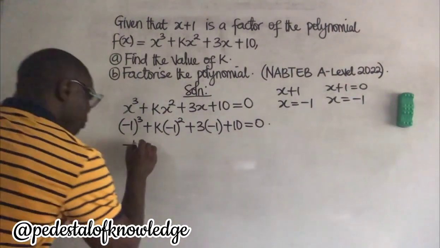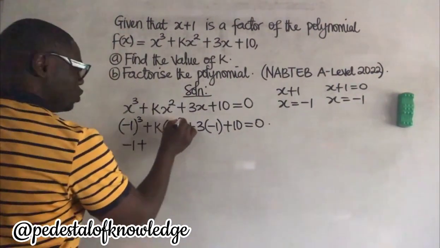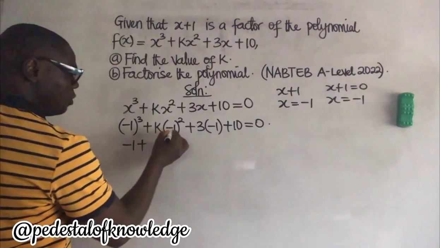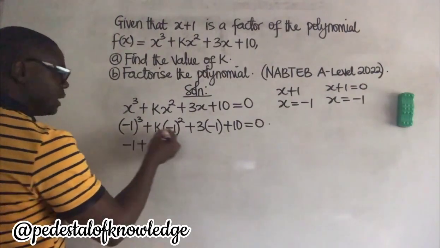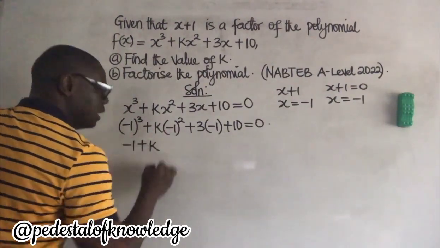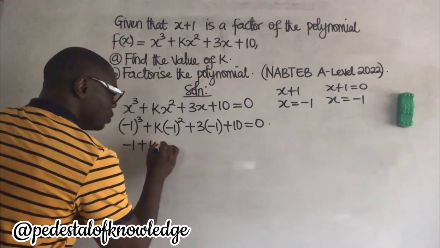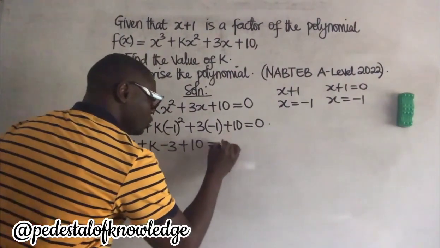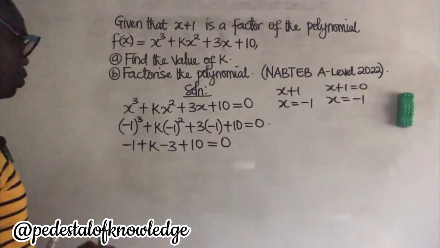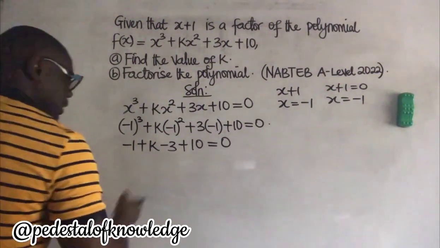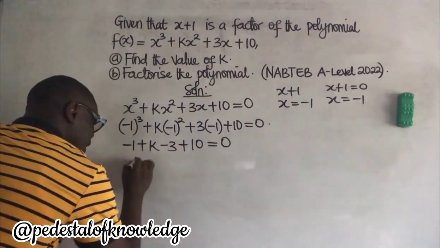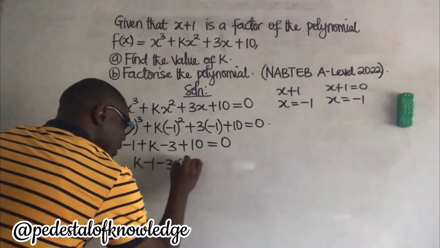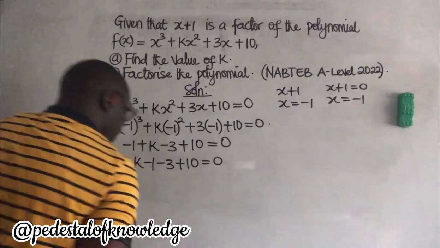Alright, so now plus minus 1 raised to power 2, because 2 is an even power, the answer will be positive. So now minus 1 raised to power 2 is equal to 1. 1 times k is equal to k. Then 3 times minus 1 is equal to minus 3. Then plus 10 is equal to 0. So what we are now going to do is to collect the like terms. So on the like terms here, we have k, then minus 1, then minus 3 plus 10 is equal to 0. So k,